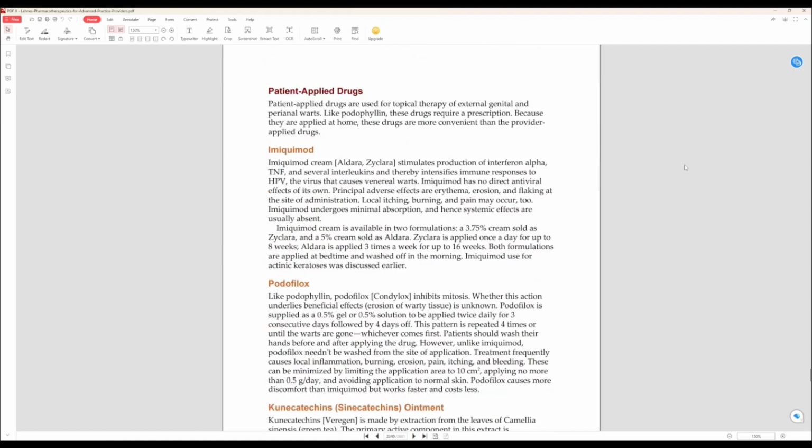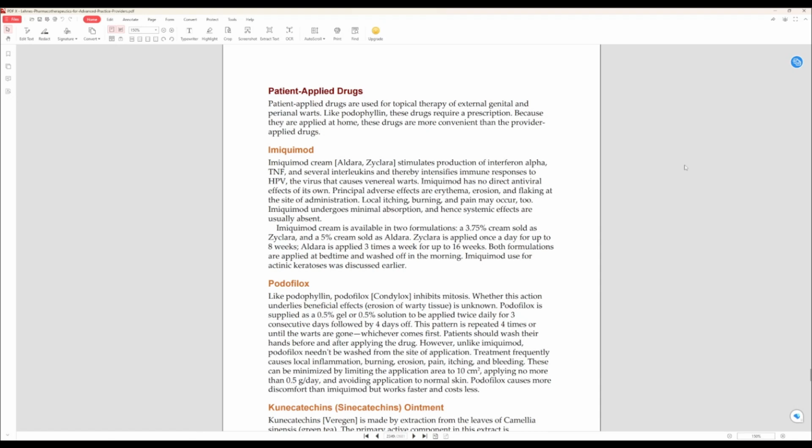Patient-applied drugs are used for topical therapy of external genital and perianal warts. Like podophyllin, these drugs require a prescription. Because they are applied at home, these drugs are more convenient than the provider-applied drugs. So,